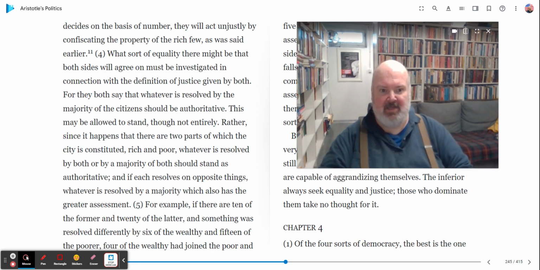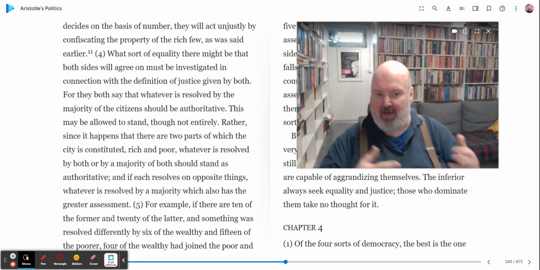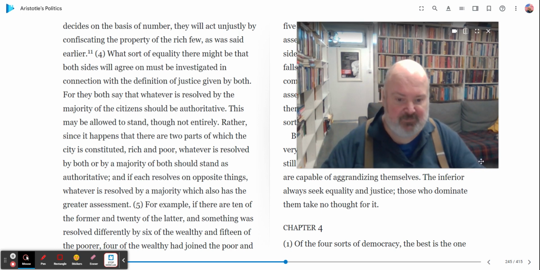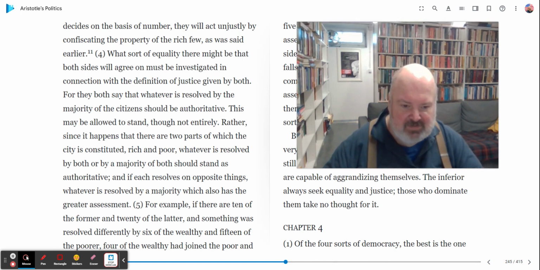Today we are looking at Chapter 4, Book 6, about democracy, establishing democracy, and it's going to talk about the types of democracy. So let's go to it. Chapter 4. It says, the first thing is, of the four sorts of democracy,